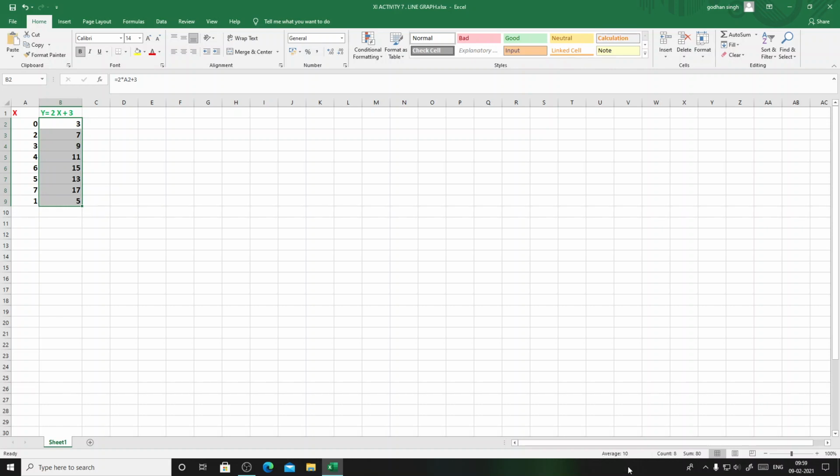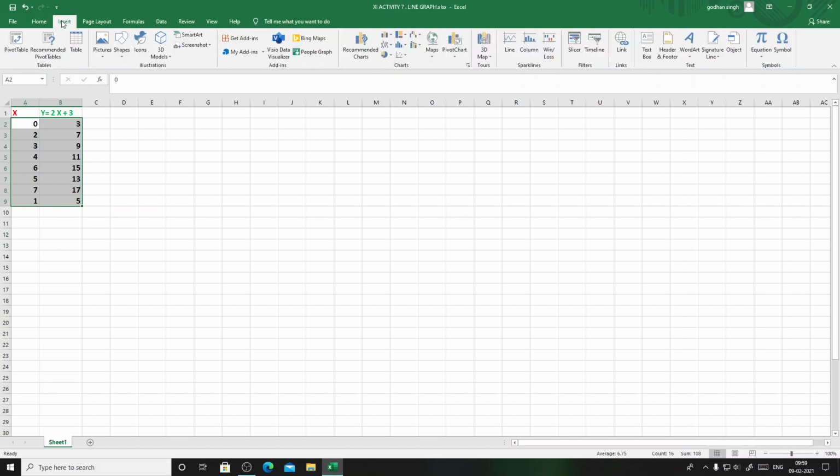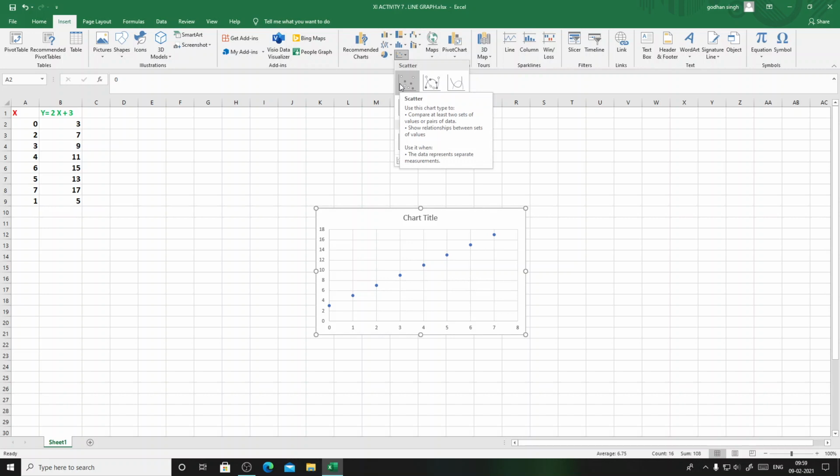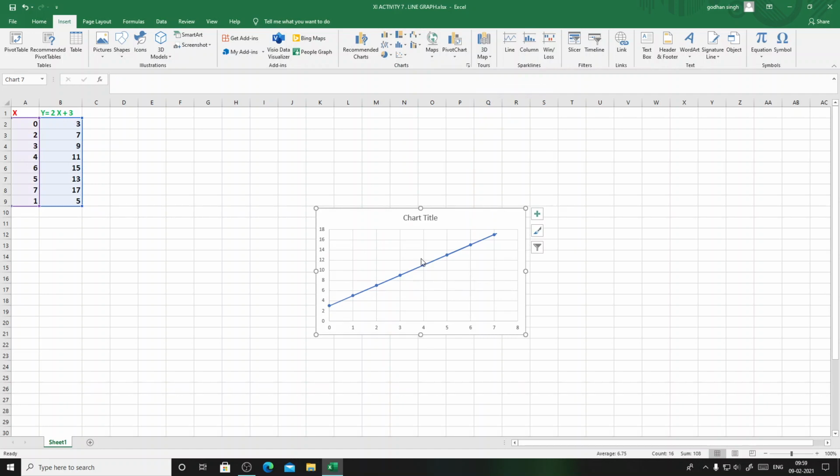Next we select all the values of x and y. So put your cursor at 0 and then drag till 3 and till the end. Then go in Insert and then Charts. The first one you can see is showing only the points and not the line. The second one has the lines as well as the points, and the third one has only the line. So we'll take the second one, click on that, and here our chart is there.